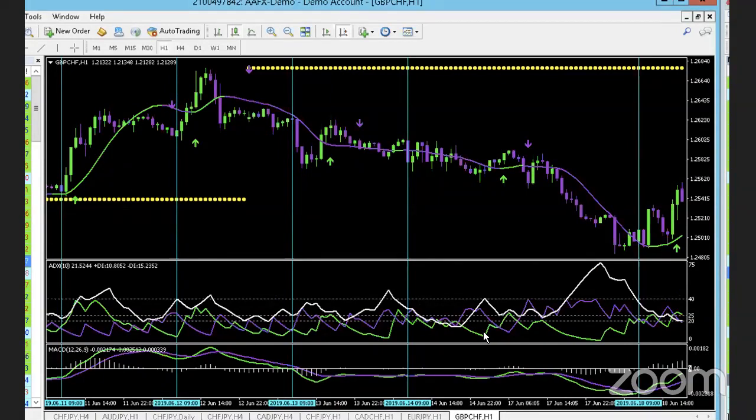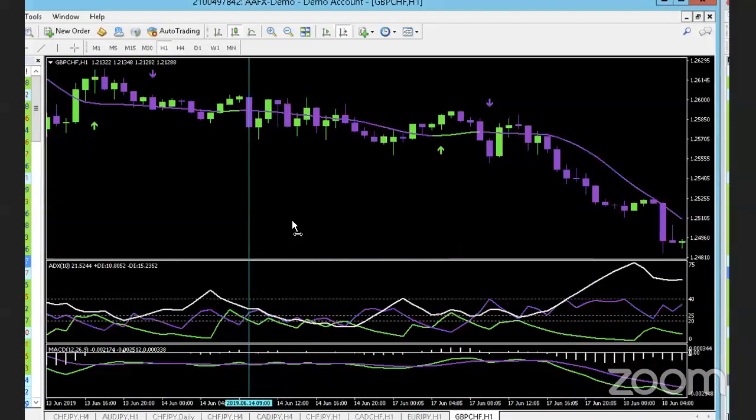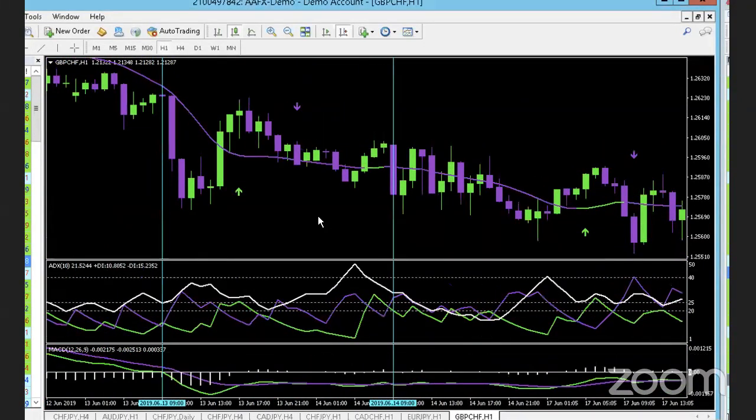Even with the ADX just pointing down? The ADX, again, wouldn't have been pointing down at that time. The ADX would have been above 25 at that moment, yes or no? Yeah, but they're saying, well, this trend is just about to end. So if it's just the end of the party,